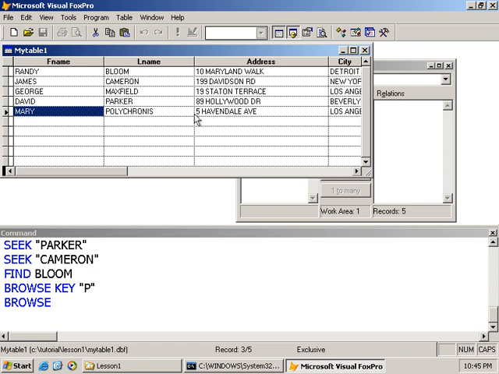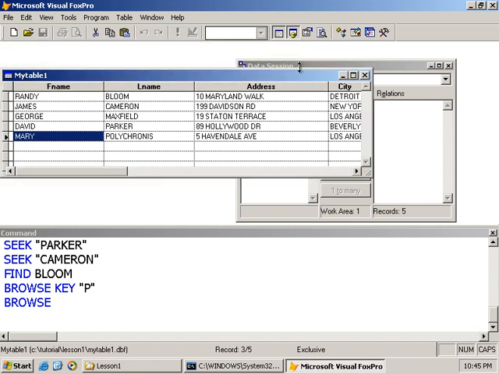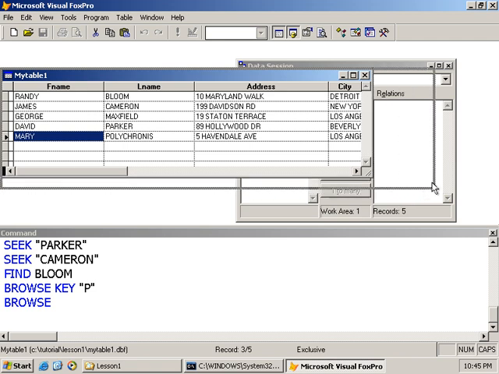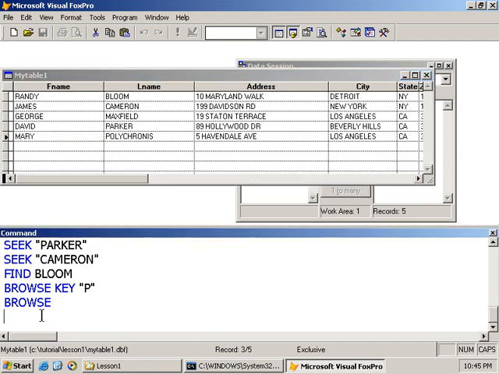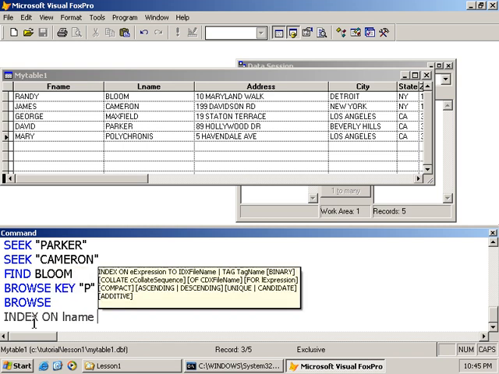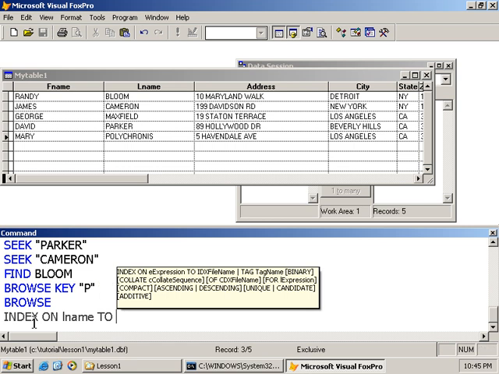Now, what I want to do, just for backward compatibility's sake, is to create a standalone index for demonstration purposes. Okay, so we'll create a standalone index based on the last name as well. To do that, we use the same index command, index on lname, but we use the to clause, and we specify now the name of a physical file. This is not a tag, it's the name of a physical file that will be created on our hard drive. So I'm going to call this lname1,